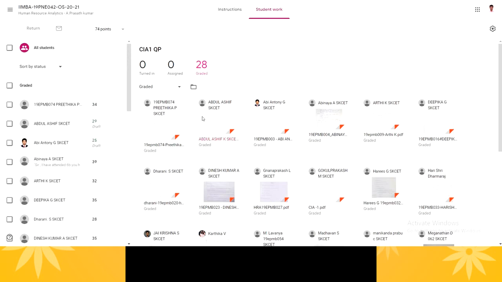To download the mark statement, we can go to this settings button and click on it. There you can see 3 options: copy all grades to Google Sheet, download all grades as CSV, download these grades as CSV. Now we are going with the third option, download these grades as CSV.